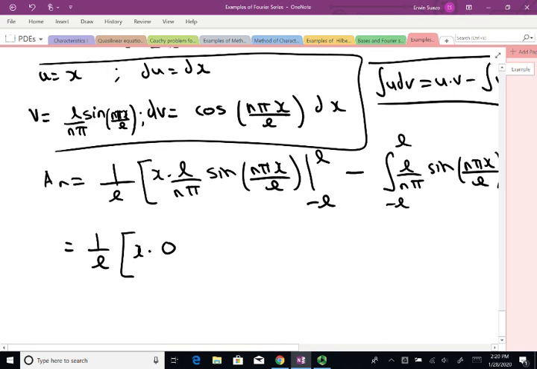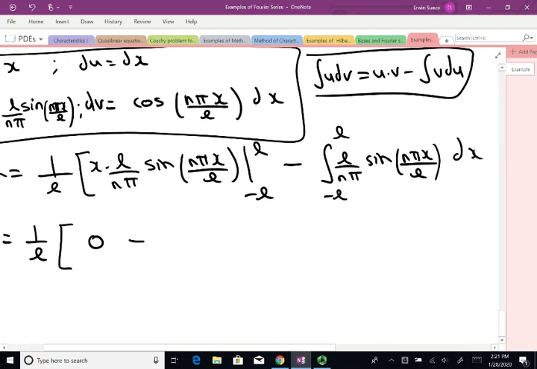Minus, when I plug in L, the minus also comes out because sine is an odd function. So I got sine of n pi, so I got 0 too. So I got minus or plus, whatever. Anyway, it is 0. So this whole thing is 0,